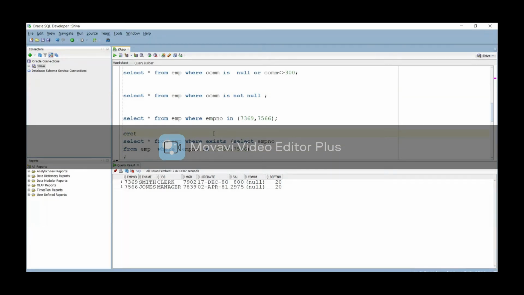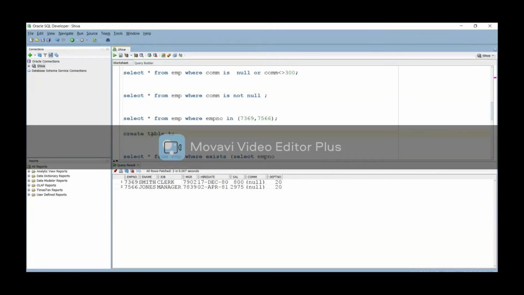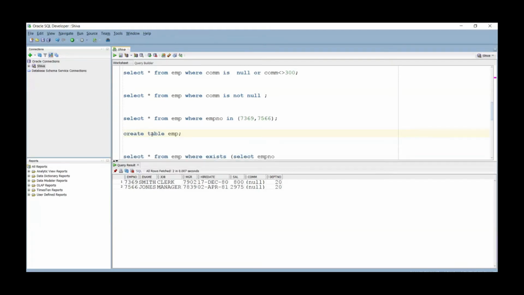So I am going to create some dummy table. I am going to copy the data from one table to another table. Now I am doing some operation here. EMP_BKP is the table I am going to create and copy the data from my EMP table.